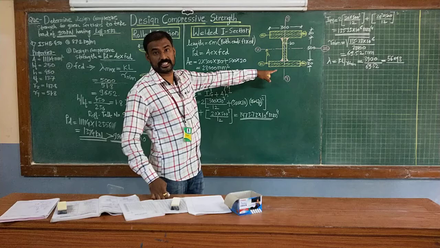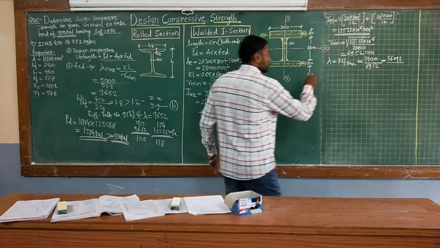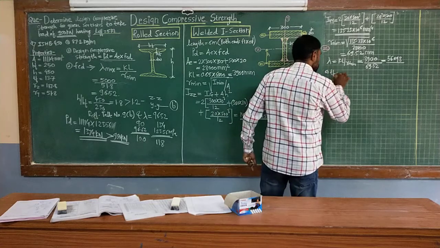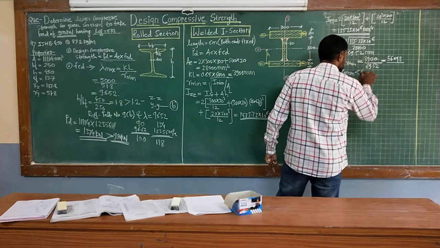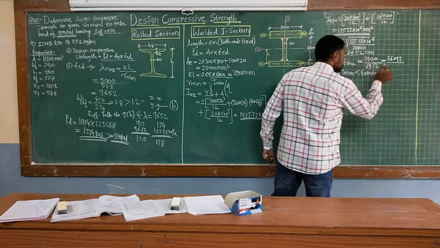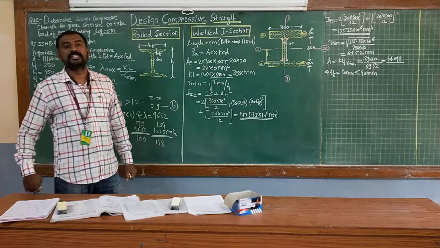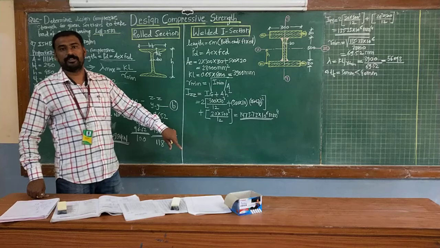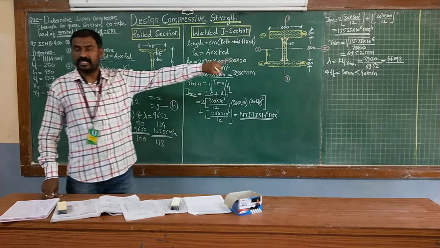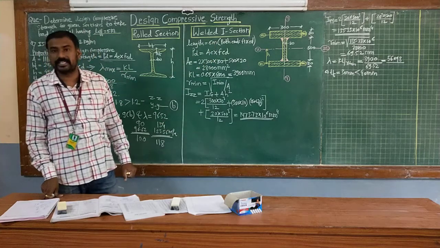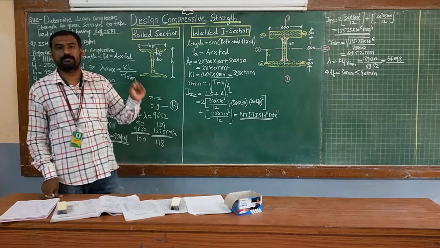In case of your welded section, you are defining your buckling class based on the thickness of flange, correct? So here the thickness of flange is 30 mm, which is less than 40 mm as per that table. So in table number 10 for welded section, thickness of flange less than 40 and greater than 40. Likewise, two conditions are given. So here our thickness of flange is 30 mm, which is less than 40, and for that case it is classified into z axis and y axis. Correct? So again, for z and y axis, buckling class is given as B and C.